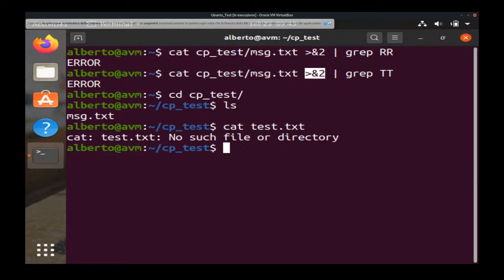better understand the mechanism of redirecting through the different file descriptors. So let me write the following. Echo standard output redirect to 1. Echo standard error redirect to 2, and that's it. So here I'm basically introducing two